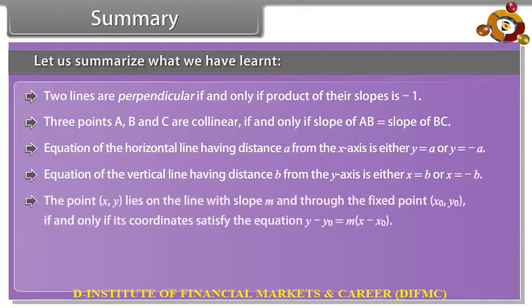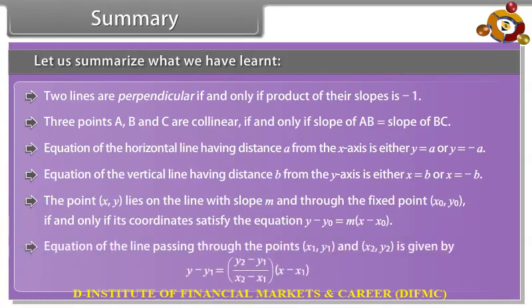The point (x, y) lies on the line with slope m and through the fixed point (x0, y0) if and only if its coordinates satisfy the equation y minus y0 is equal to m into x minus x0. Equation of the line passing through the points (x1, y1) and (x2, y2) is given by